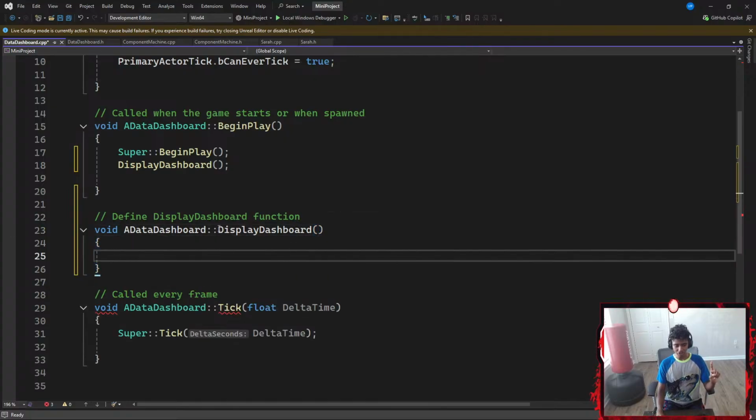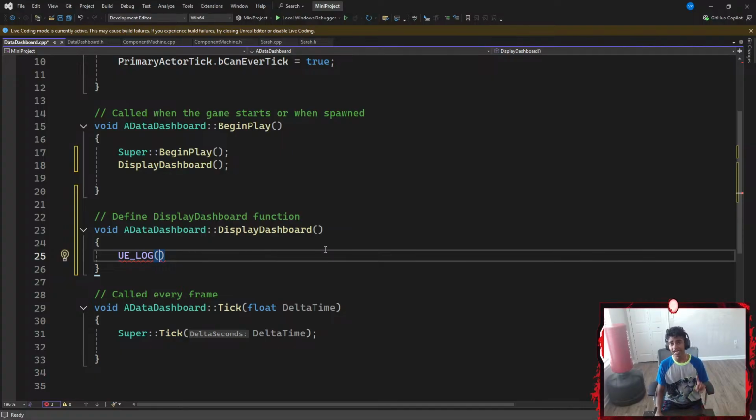Now, inside my function, let's read the instructions again. So, hint, f-string logging. I'm going to add a bunch of UE_LOGs just to display stuff on my window. Let's see the output that I was expecting. It says something like data dashboard.